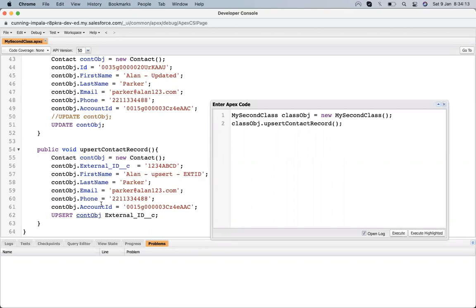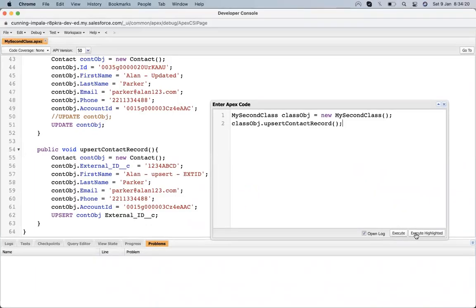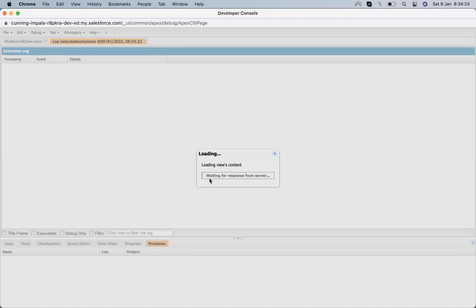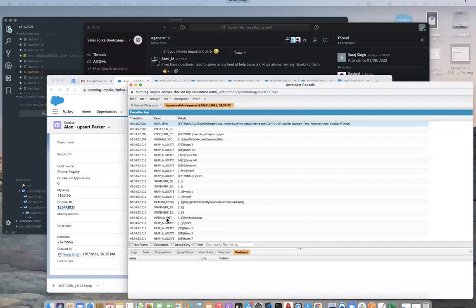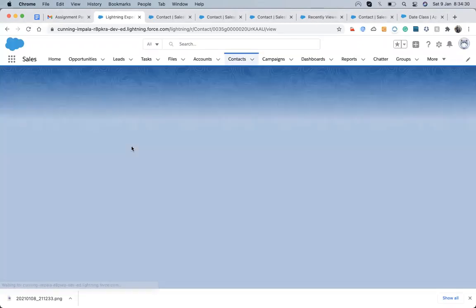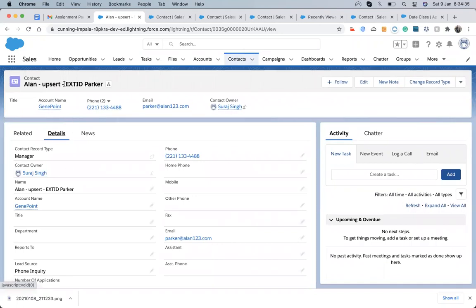Since here it will be found, it will update that record. Yes, you can see that with the external ID, it got updated.